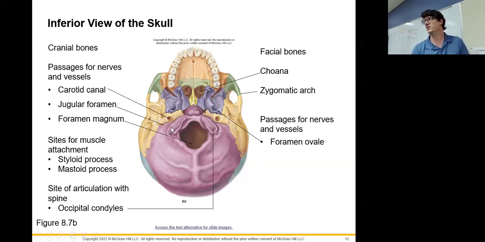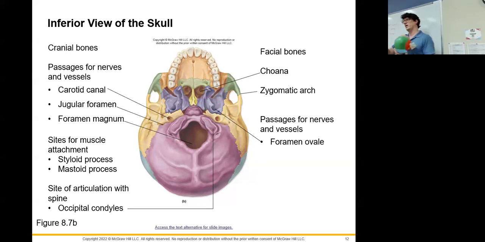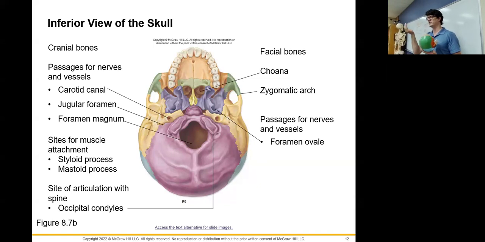Okay, on either side of the foramen magnum, just anterior to it, you're going to see these rounded sites for articulation. So they're round and they are smooth. They're kind of shaped like the bottom of a rocking chair. Those are what we're going to call occipital condyles. This is where we are going to articulate the skull with the spine. It is right there on those occipital condyles. Thus, these are a fairly important structure, I would argue, considering it is literally holding the weight of your world